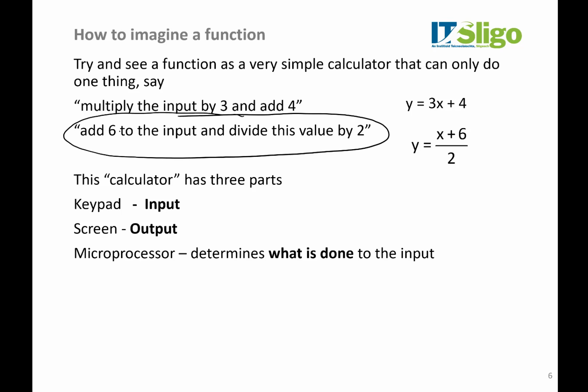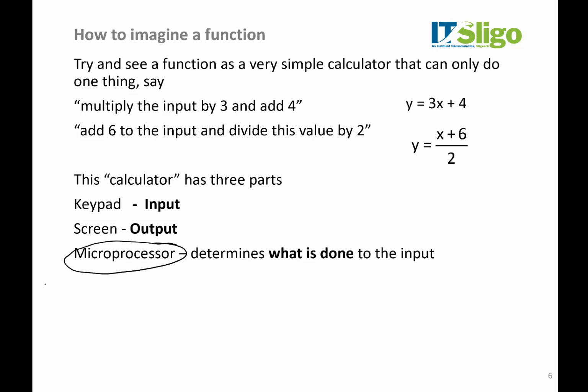Now remember, each function will only do one sum. So if you wanted to look at six functions, you would need six of these little calculators. But that's kind of veering off the point a little bit. The little microprocessor determines what's done to the input. And often we want to just examine this bit. It's like we want to pull apart the calculator and see what's going on in amongst the chip,